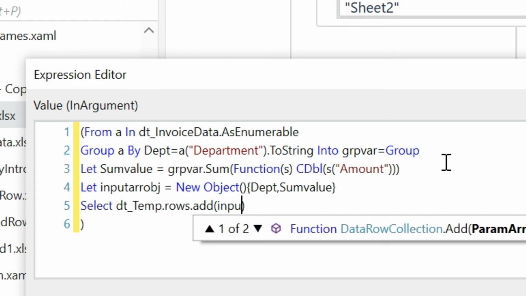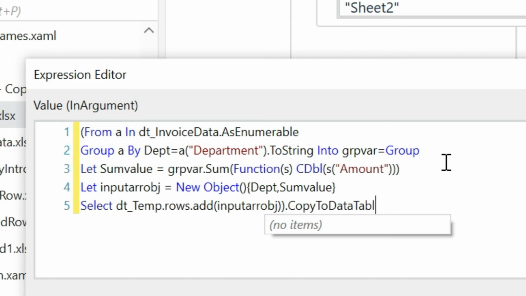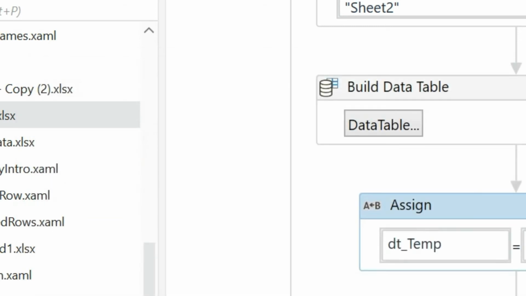Here we will give the input array object, and finally we will copy to the data table. Now we'll click on OK.